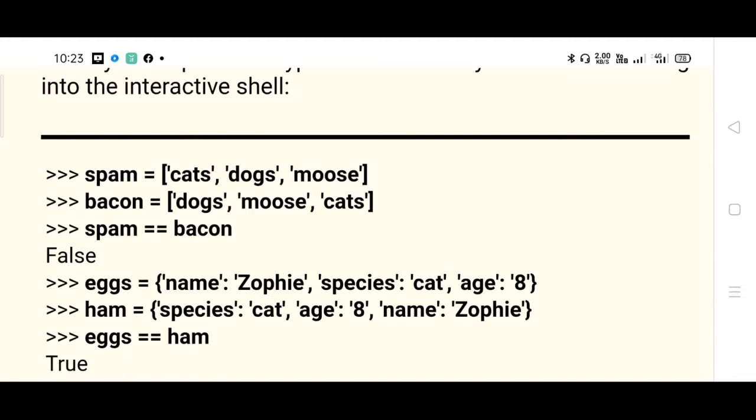The key-value pairs present in the first dictionary, eggs, are the same as the key-value pairs in the second dictionary, ham, but the ordering is different. Ordering does not matter here in the case of a dictionary. So if you compare whether eggs is equal to ham, the result would be True.